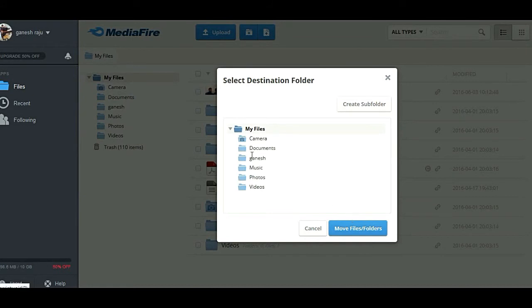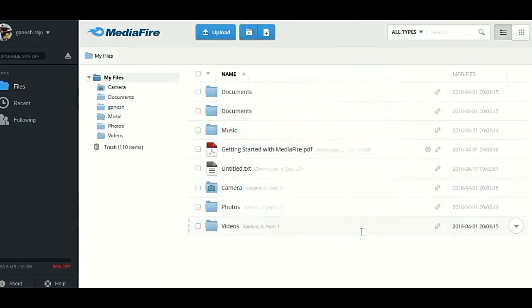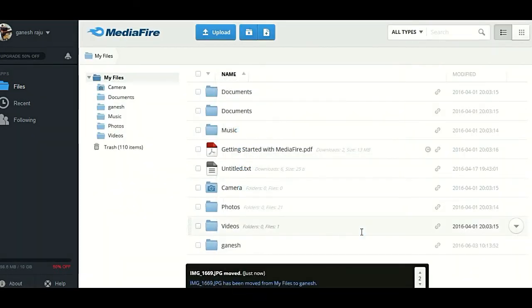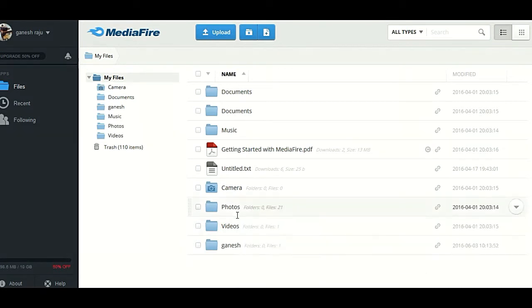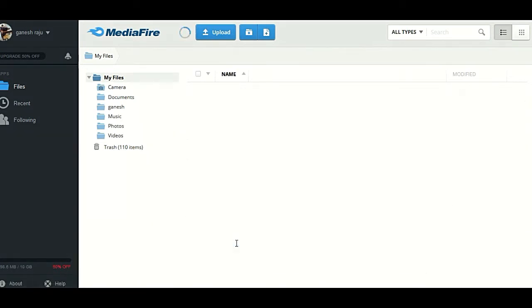So already we have many folders. Now I want to move to my folder, then move files to folder. So now it is moved. Okay, my files have been moved to Ganesh. Here you find one file.